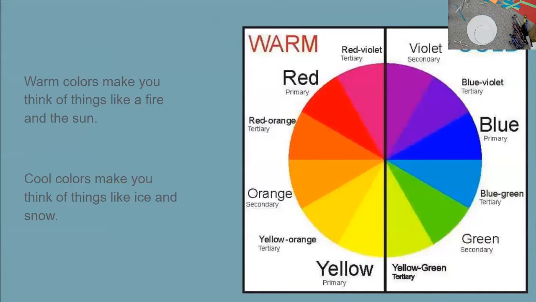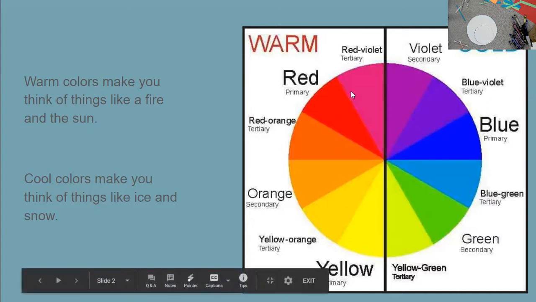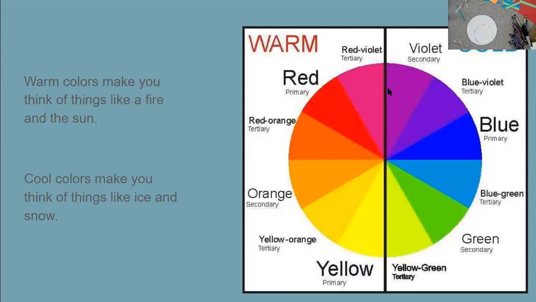Now, you can break colors down into lots of different categories. Today, we are going to look at warm colors and cold colors. And primarily, we're going to focus on cold colors. Now, if you look at the color wheel here, you see all of our colors lined up in a circle. Everything is coming out of the center point, and we have them divided in half of cold colors and warm colors. Now, you might be looking at this going, there's a little bit of trickiness going on here between red, violet, and yellow, green,